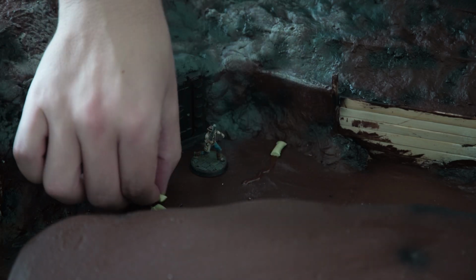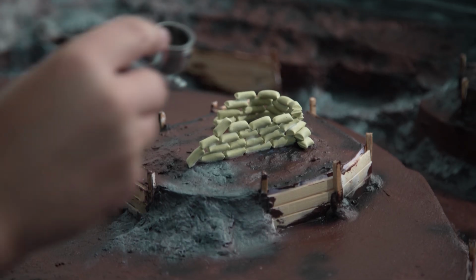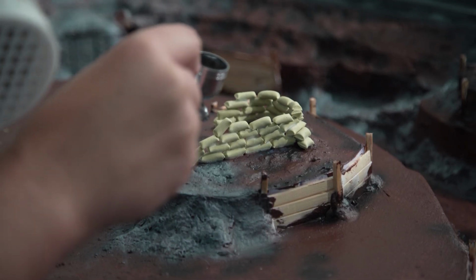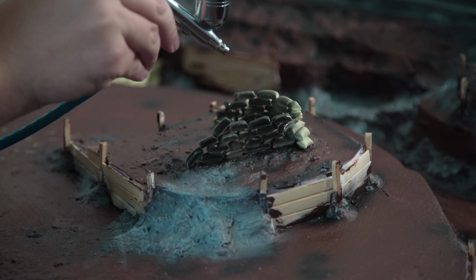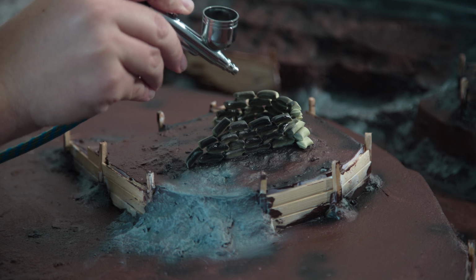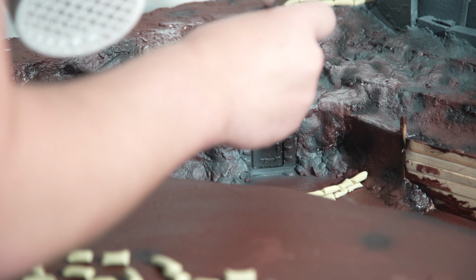So in a mad dash towards the finish, I started making the sandbags that would decorate the board. Now these are just made out of rolled up Milliput that I then just cut up. It's not a perfect way of doing this, they're not very even. I'd actually recommend something like modeling clay in the future, as it would be way cheaper, but I started gluing these to the board